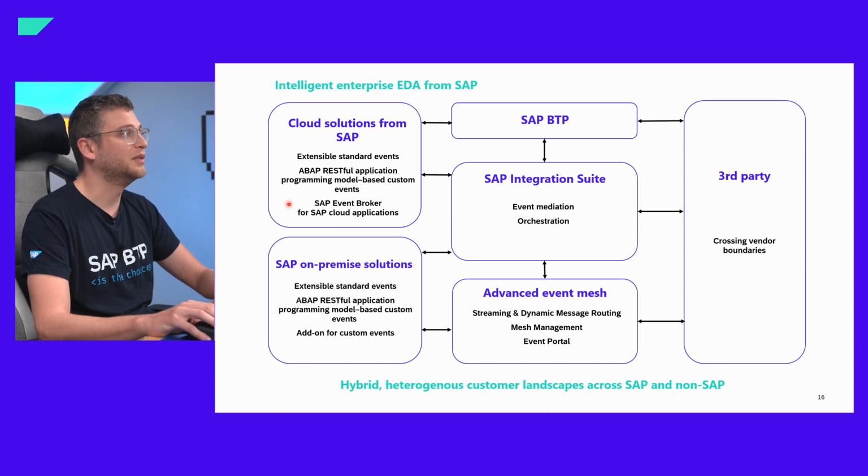The SAP Event Broker you can also use when you want to exchange events between cloud applications as well as extensions. If we look at the on-premise part, there as well exist extensible standard events, the ABAP RESTful application programming model for custom events, and also the partner add-on for custom events, and also to enable your ECC to be